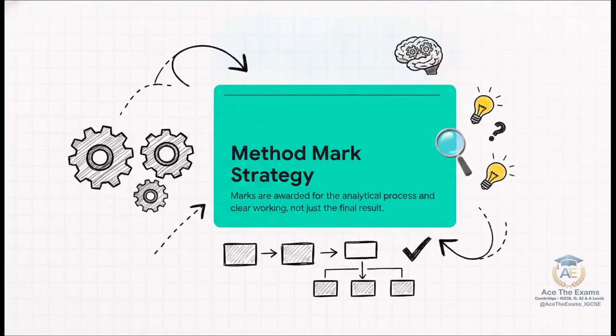To wrap up our explainer today, I want to reiterate this core definition, the method mark strategy. This is the ultimate, undeniable key to passing Cambridge IT 9626 and related computer science papers. Examiners desperately want proof of your systematic processing. They want to see the gears turning in your head mapped out clearly on the exam paper. Show your working, show your logical, structured reasoning step by step. If you do this, the marks will flow to you,